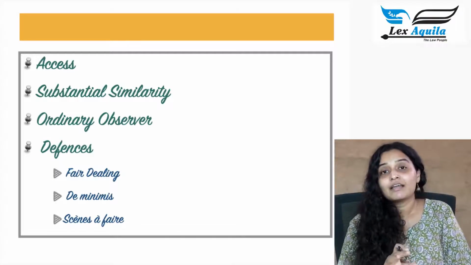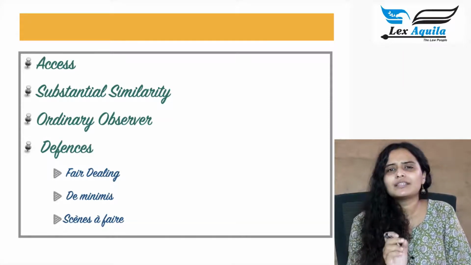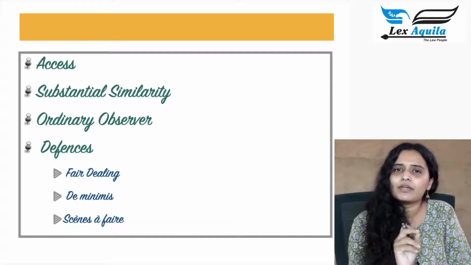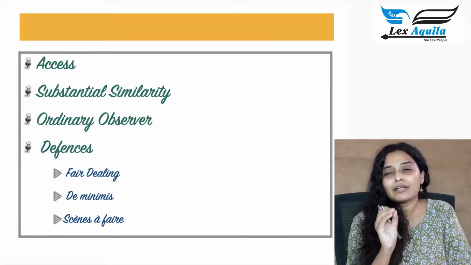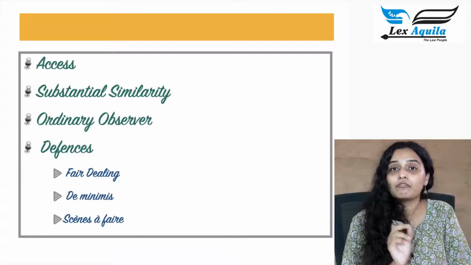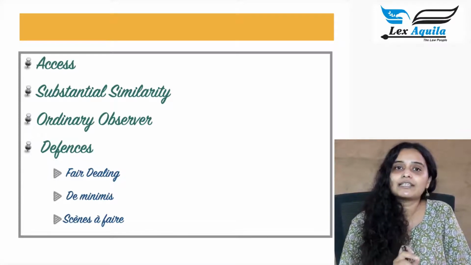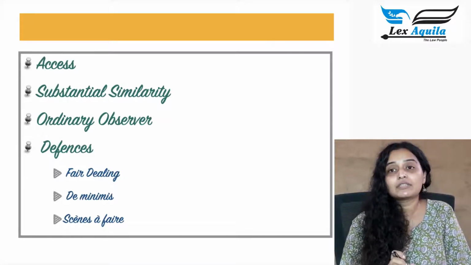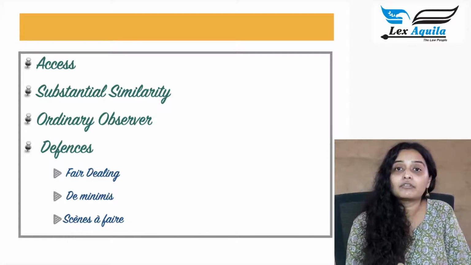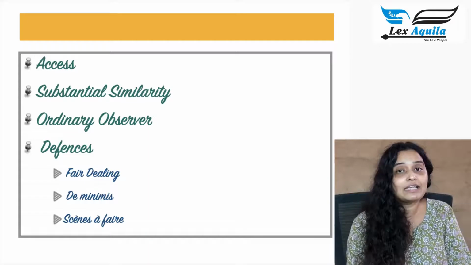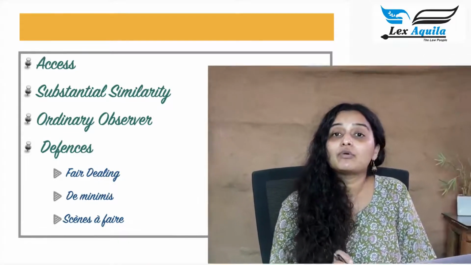This was a case where the defendant had used 3 seconds from a very popular Bollywood Hindi movie, a song, 3 seconds of the song from that Hindi movie in an advertisement. This was an incidental use, and the court held that the defendant was protected by the doctrine of de minimis. There was violation of the copyright, but there was no infringement of the copyright.